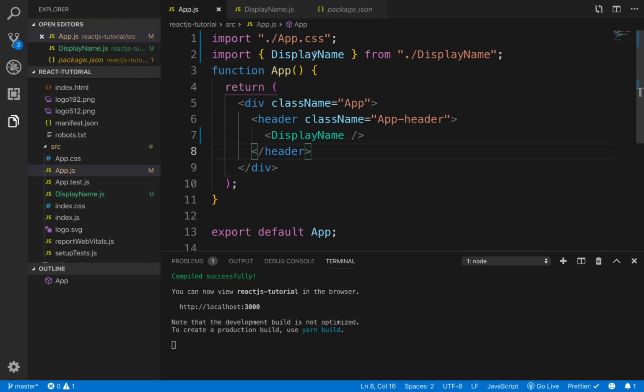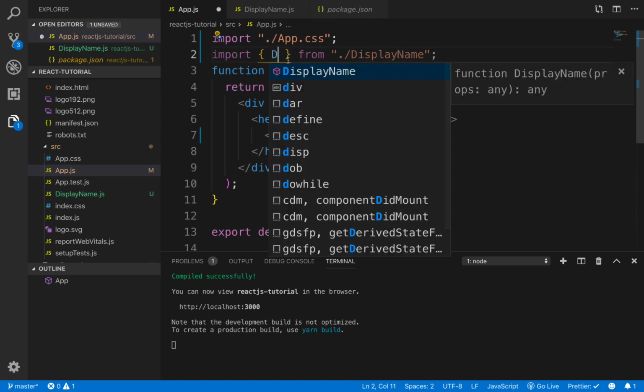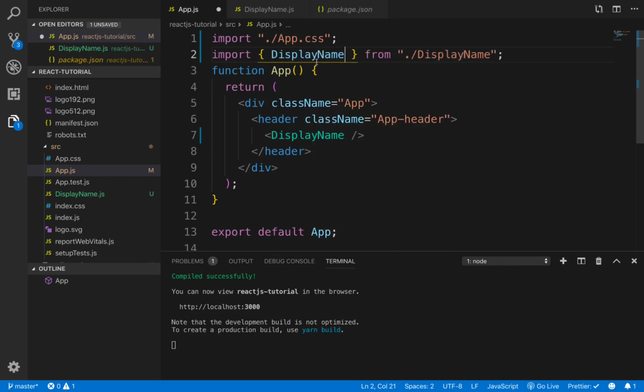Now it's working, and in this entire tutorial we will try to use a named export always, so that we are not confused with the name, and it also gives you suggestions. So if you check, if I say D, it's going to tell me that I want to import display name because it's a named export, right? So you can get suggestions also.